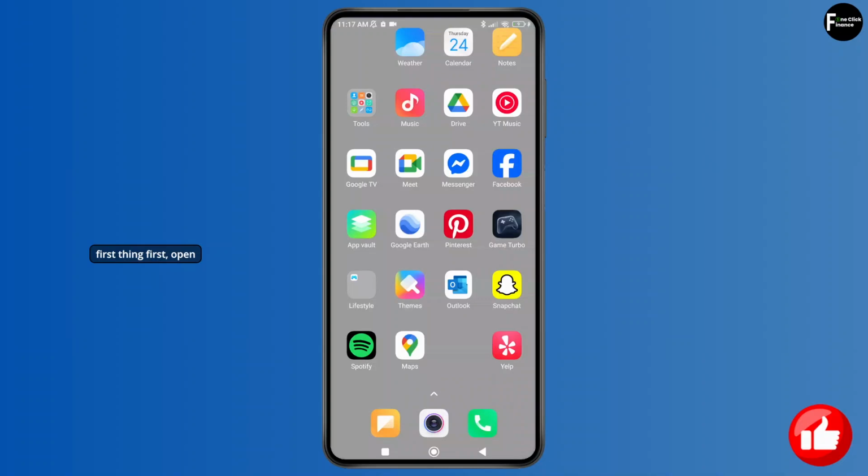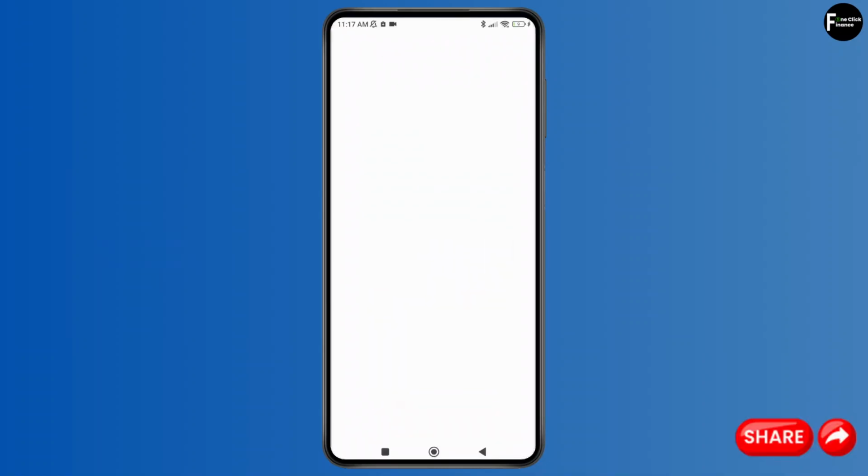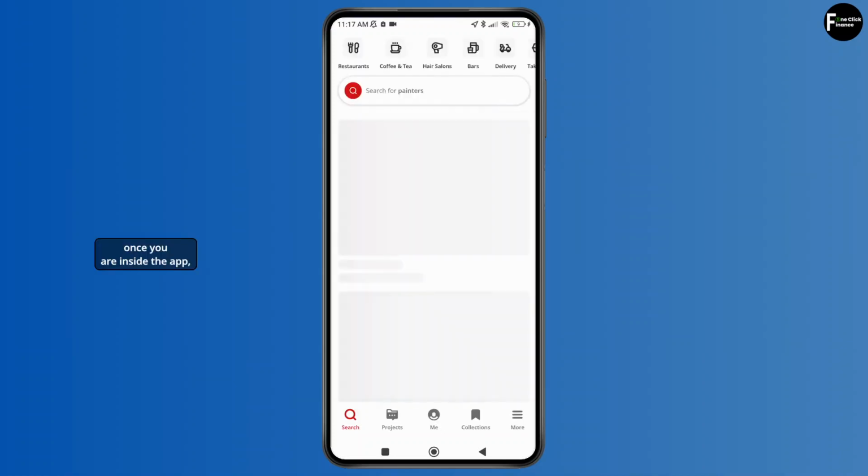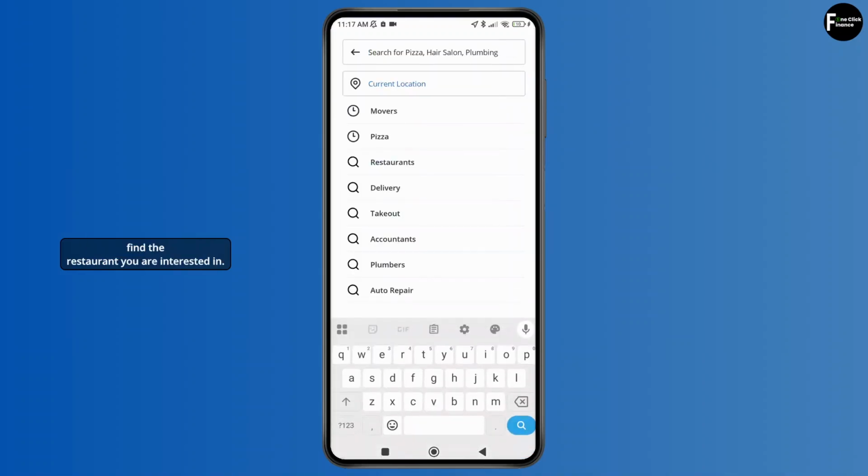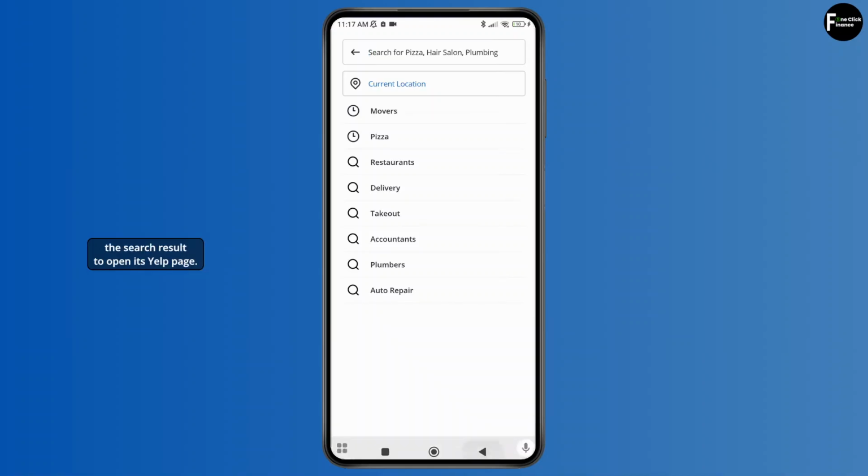So first things first, open the Yelp app on your phone and make sure that you're logged in to your account. And now here, once you are inside the app, you can just tap on the search bar at the top and find the restaurant you are interested in. And here you can search by the name or browse by nearby places. And here, once you have searched for it, you can just tap on the restaurant from the search result to